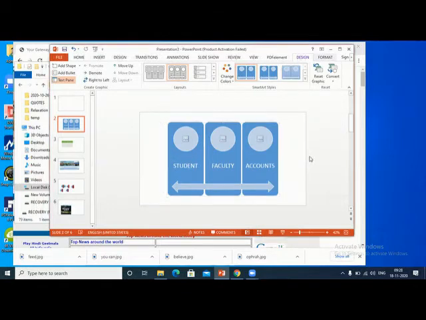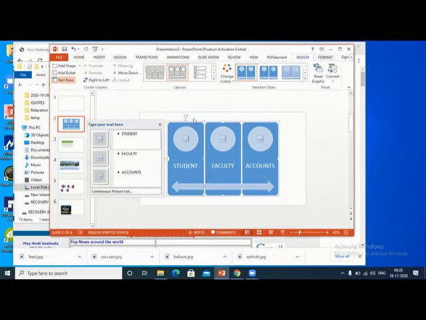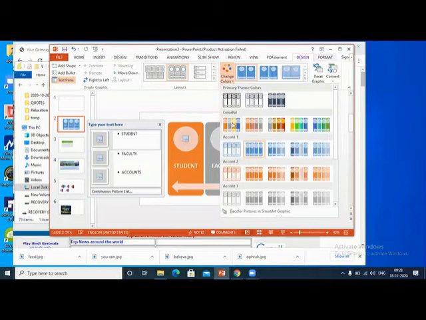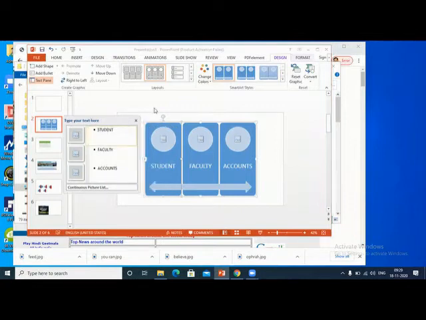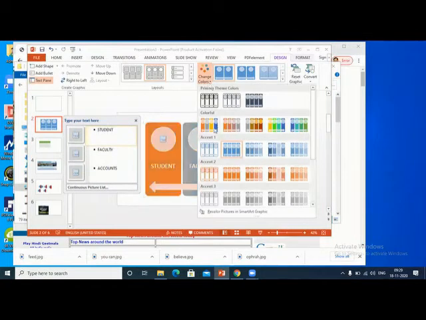Okay. Even you can change the styles. Select it. Change the color. You can change the colors. You can have a different color. Different style.